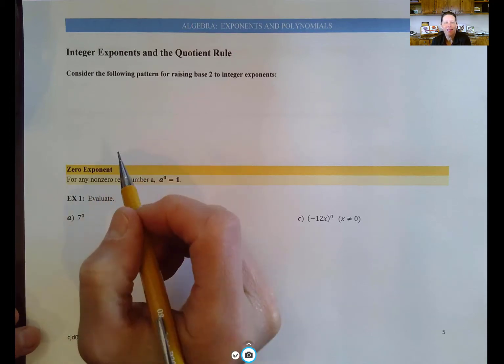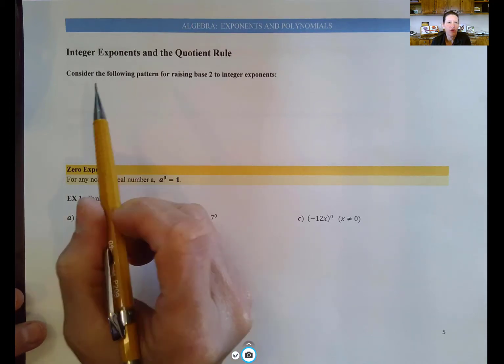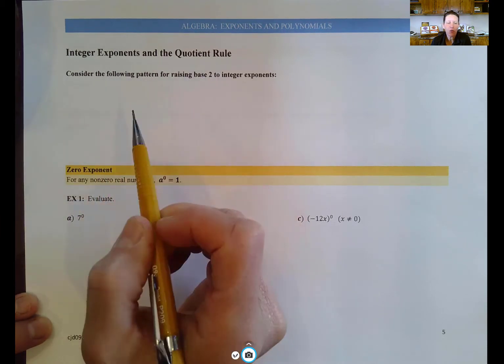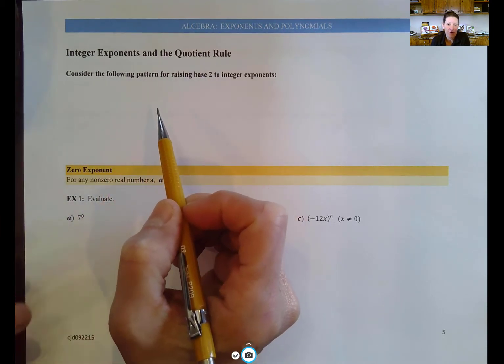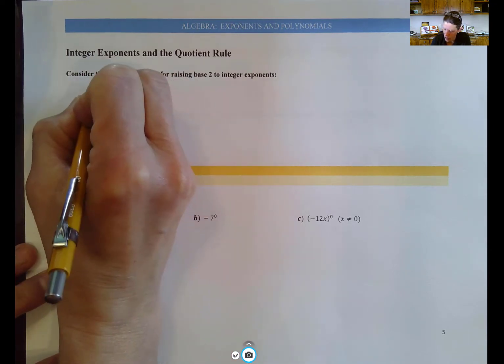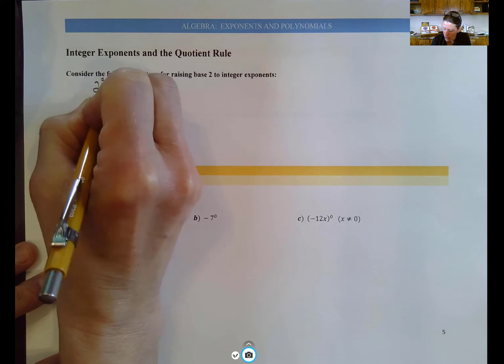Hello students, in this video we are going to investigate integer exponents and the quotient rule. First we're going to consider the following pattern for raising base 2 to integer exponents. For example, 2 to the third power is 8,